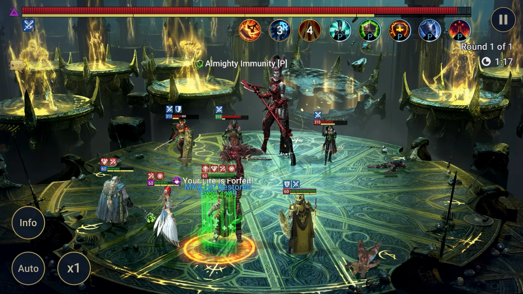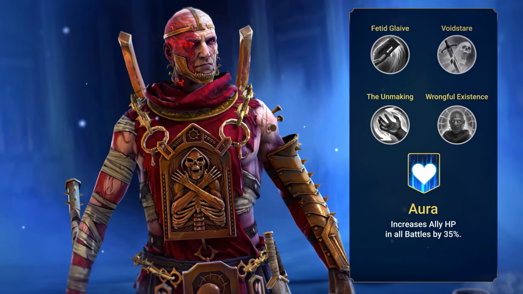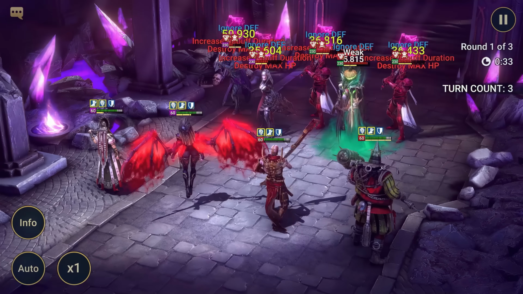To top it all off, Embrys has an aura to increase all HP by 35% in all battles. If you need to be extra tanky, he'll be the leader you need. With all that in mind, let's talk